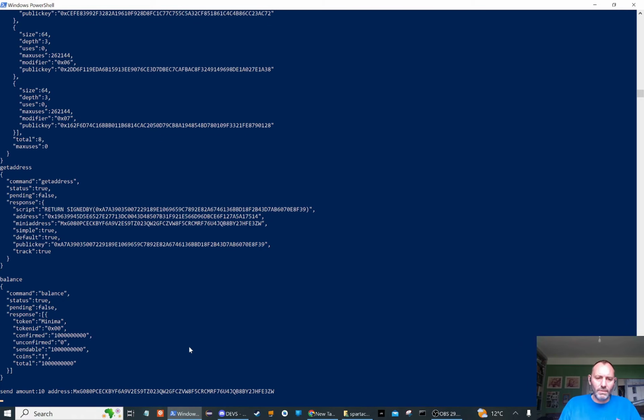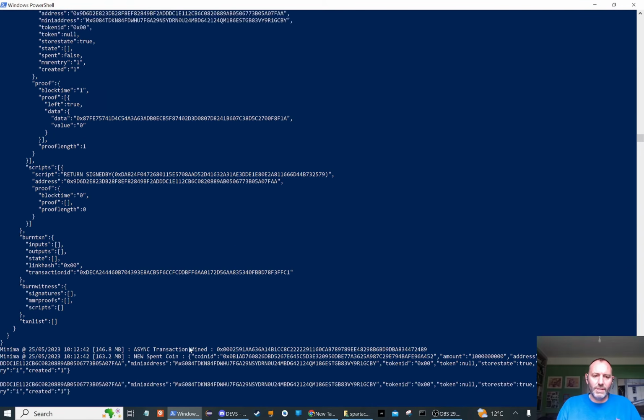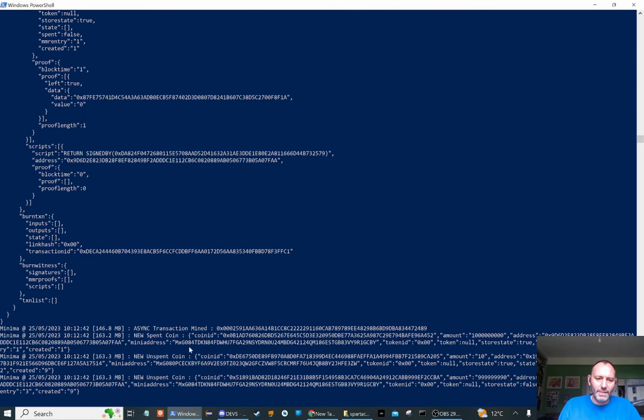Let's see what happens. It's constructing a TX power transaction. It mines it asynchronously. It sends it. New spent coin, which is the billion. Yeah, so originally I had 1 billion, which was 1 coin. And now I've got 1 spent coin of 10, and it sent the change to me. Yeah, new unspent coin of amount